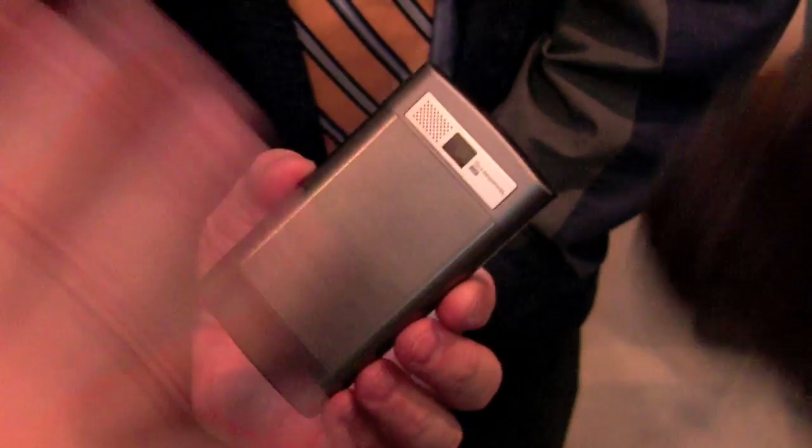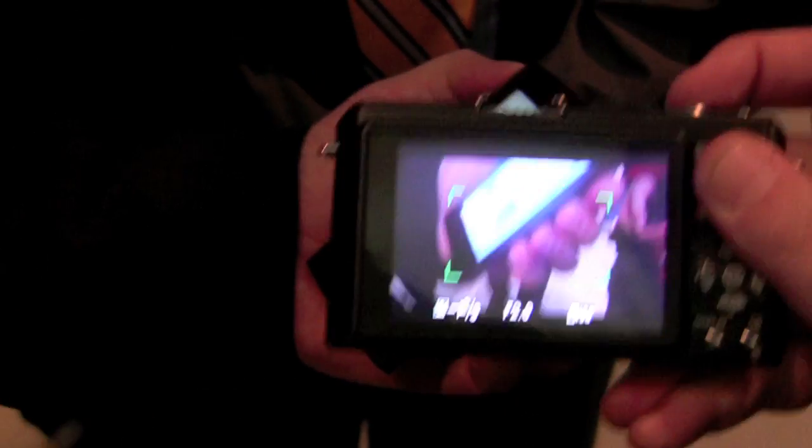Can we see the other side of the phone? And see if it's thin or not. Yeah, so this is prototype hardware. It's made by ASUS, one of our very, very good partners. One of the partners that we announced today will be working with us on phones for the future. This is the best picture.